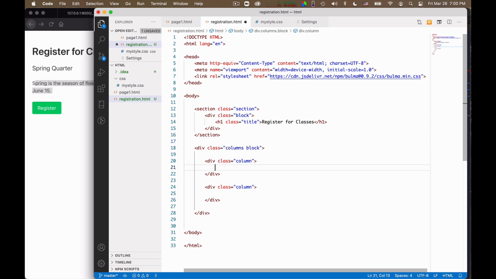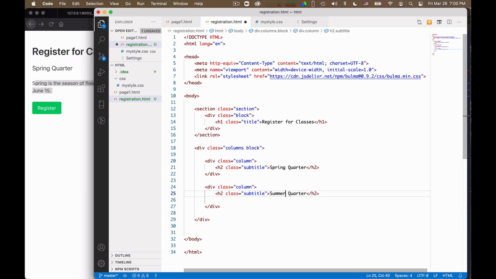So the subtitle is, I can say h2 class is equal to subtitle will work just as well. I could use these 2 or one of these others. This works. Spring quarter. And then let me just cut and paste it. This will be the summer quarter.